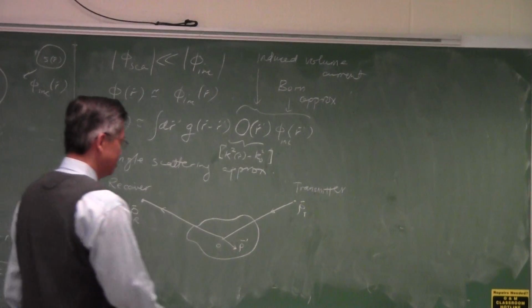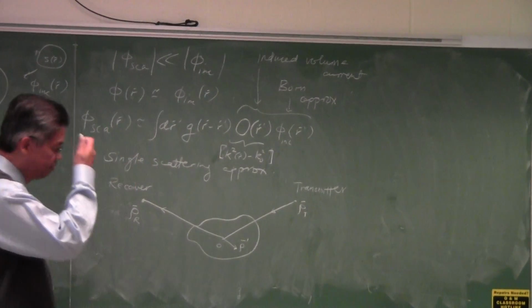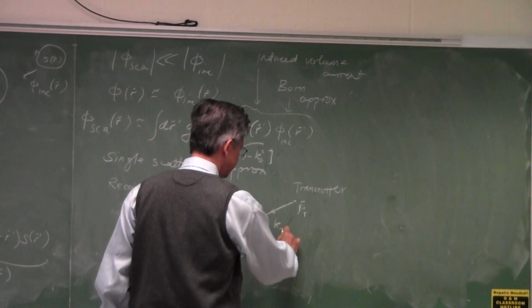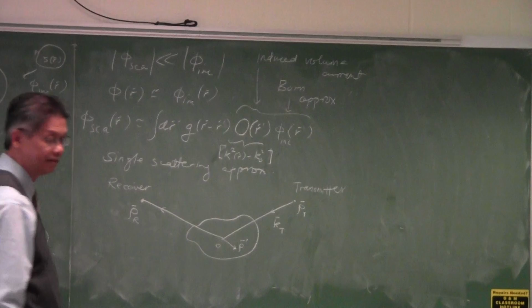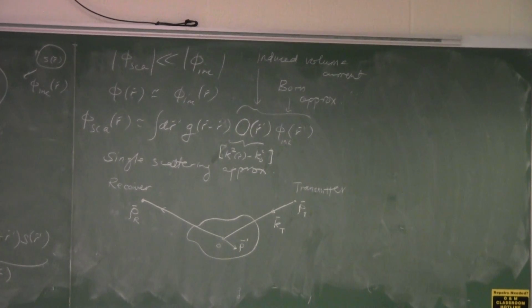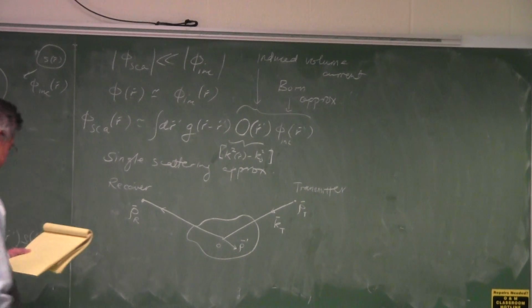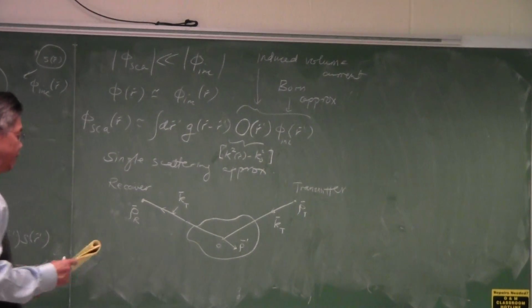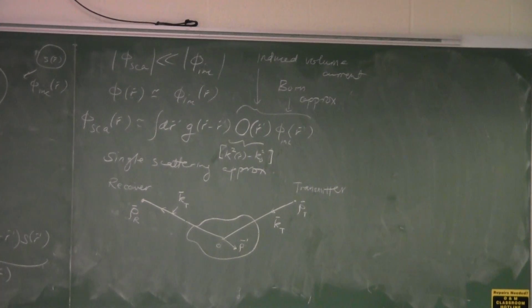Okay. And if I'm in the far field, if I'm far enough, this incident field is going to come in like a plane wave. I can think of this kt as the incident plane wave for the transmitter field. And then I can think of this kt as the k vector for the plane wave that is in the other direction. If both the transmitter and the receiver are in the far field of this object, then because they are in the far field in 2 dimensions,